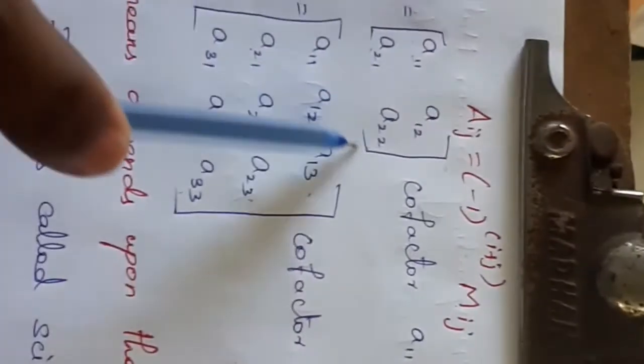We know, if you apply i is equal to 1 and j is equal to 1, then A11 is equal to minus 1 the whole power of i plus j, which means 1 plus 1, into minor of A11. We have to skip the row and column of A11, so for the minor, what is the balance? A22. Therefore minus 1 the whole power of 1 plus 1 will be 2. So minus 1 the whole square means positive 1. Positive 1 into A22 means the answer will be A22.